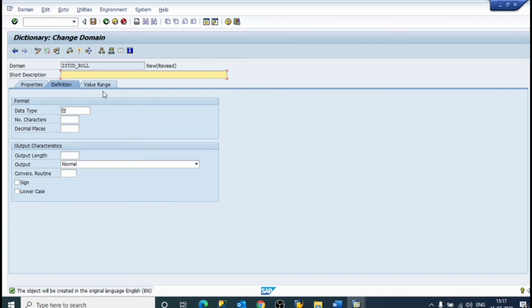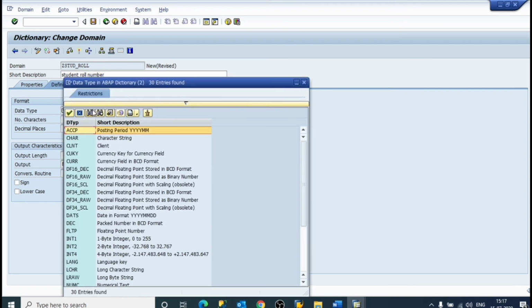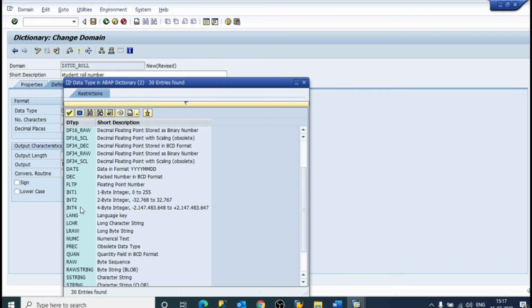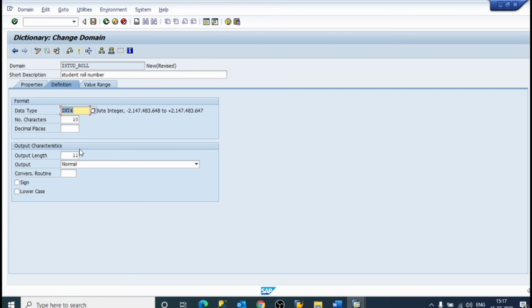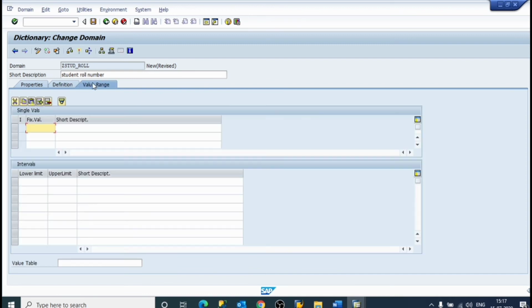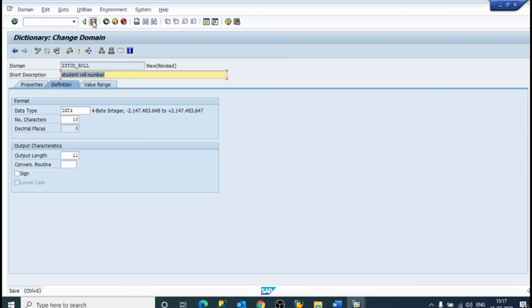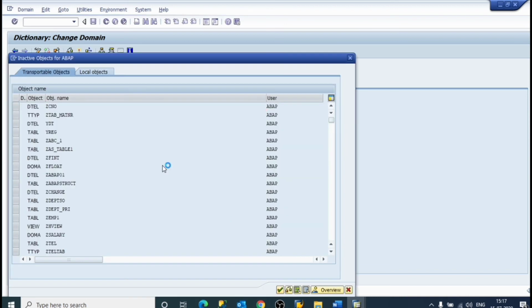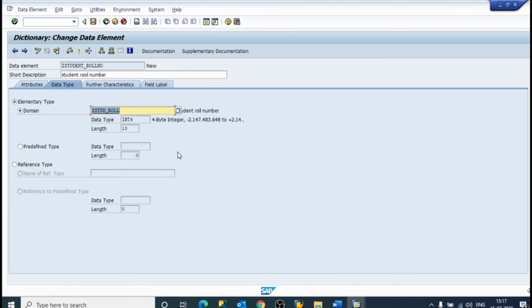Student roll number, data type, it will be INT4, 4 byte integer, yes. 10 characters, 0. Now value, save, yes, check, active, yes, back. We have created our domain.